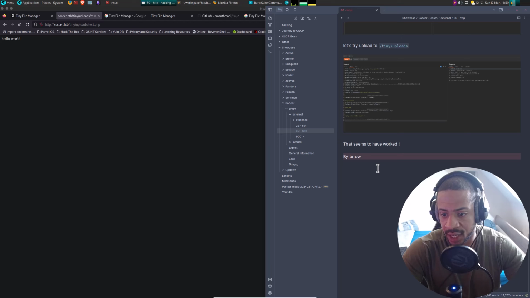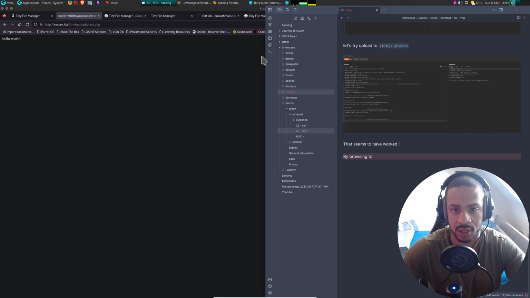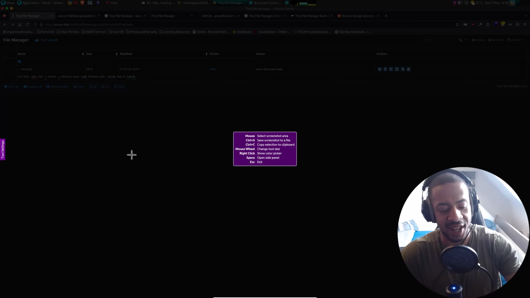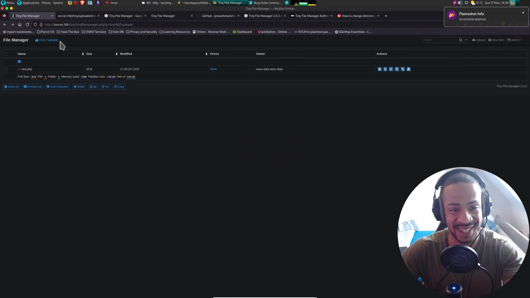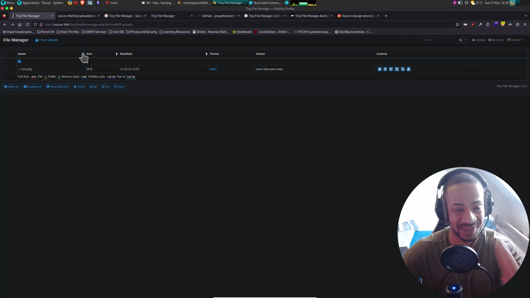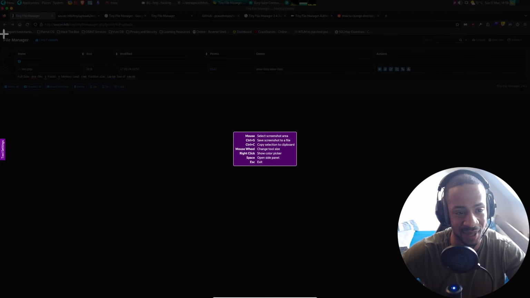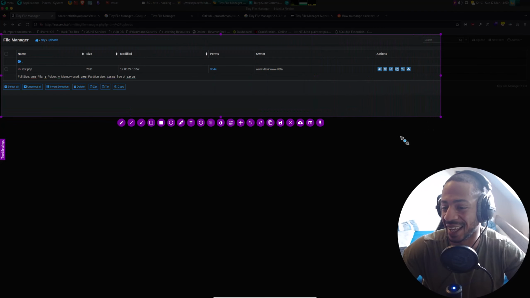So by browsing to, okay, so wait, let's go one by one here. We can see, oh, actually, I was not a genius here. It says literally tiny/uploads is the folder where it's at. So I should have just read instead of assuming, but my assumption was correct. So it's a bit of both stupidity and intuition. Anyway, let's paste that here.